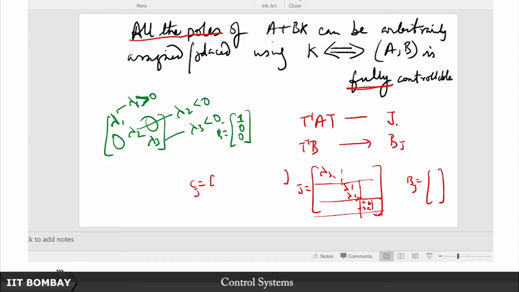Similarly for observability, there is this notion of detectability. Some of the modes may not be observable, but at least those modes are stable, so that every unstable mode is reflected in the output, because hidden modes are something we are really scared of. If there are hidden modes which are not reflected in the output, which cannot be influenced through the input, and if they are also unstable, then we are in real trouble, because these modes will just blow up unbeknownst to us, because of some non-zero initial conditions. Nothing is reflected at the output, nothing I could have done at the input to influence them, and yet the system blows up.